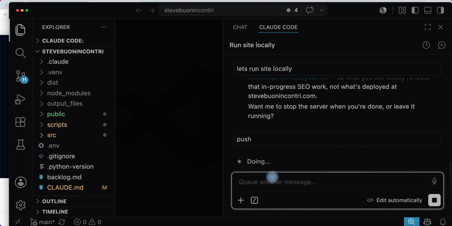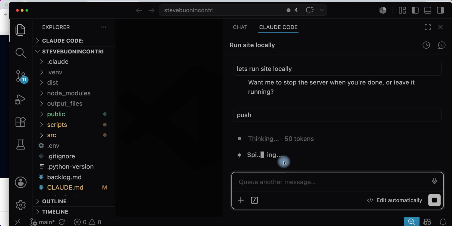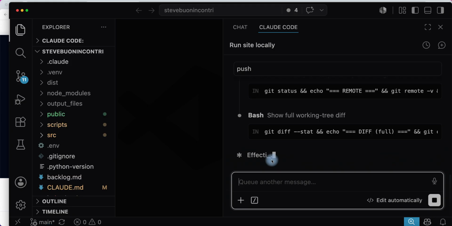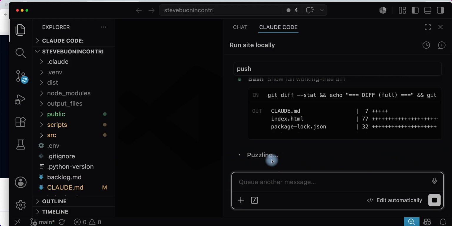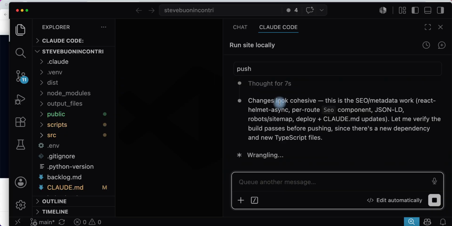I was just gonna push this. Yeah, so it asked me to stop the server, so I really don't care at this point. I just want to push the changes I made. It's going into the main branch. And so now that I've included the meta tags for the searching and Helm on it and stuff like that,